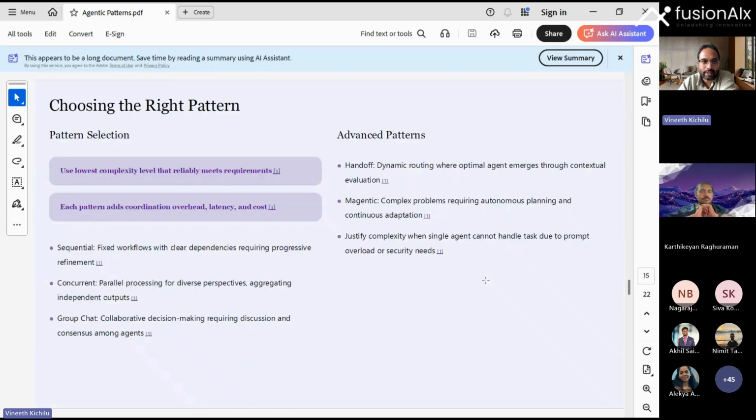I will take a break here because choosing the right pattern, we'll come back and speak along with Karthik. But I wanted Karthik to show some of the cool demos. There are some recorded demos, but I wanted to make it more fun. So I gave a live example. Well, I forced Karthik to create live examples. So what he's going to show now is what he built in the last 10 minutes to show you these patterns right now. Over to you, Karthik.